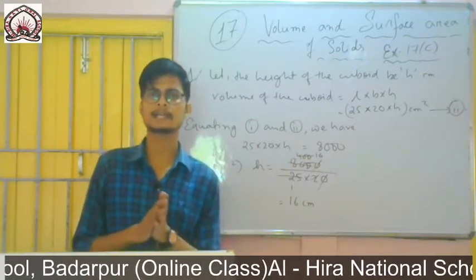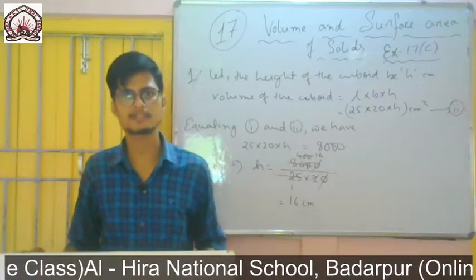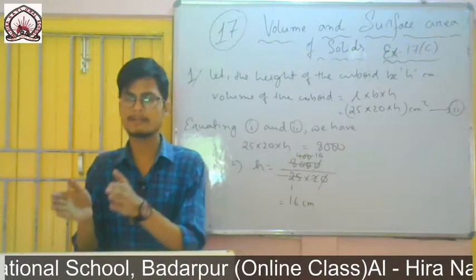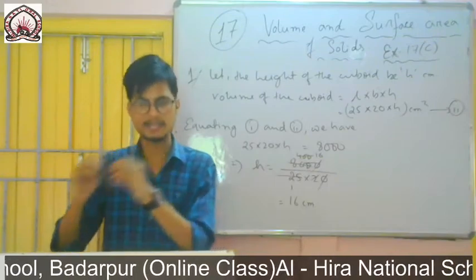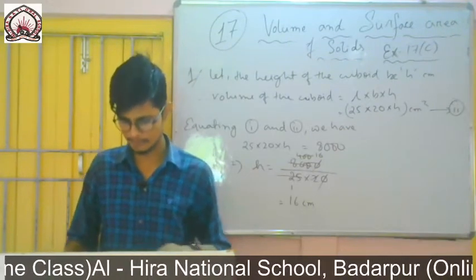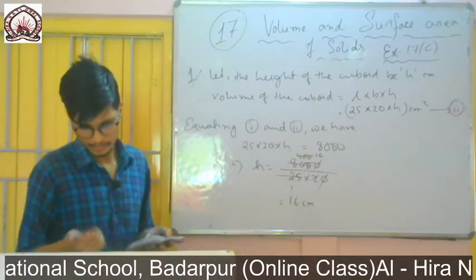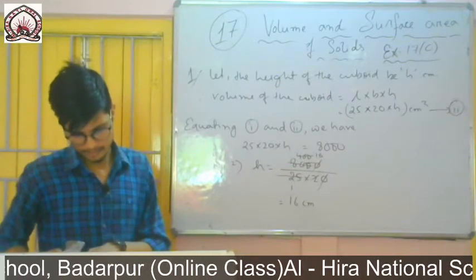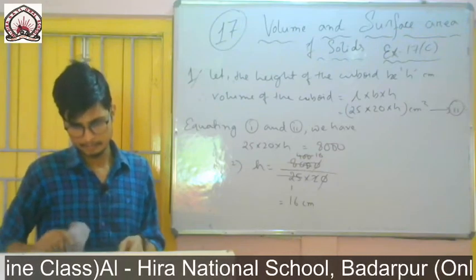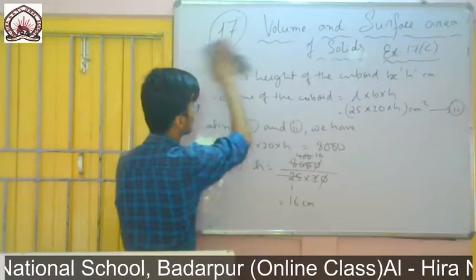So earlier I have said that if I cast anything from one thing to the other, then the volume remains the same. If I simply melt a thing, if I take a piece of ice and simply melt it, then the volume will remain the same. In any other shape if I make it, the volume will remain the same in each and every case. So like earlier, first of all I will find the volume of this rectangular block, then I will find it for the next one, and then by giving the equation I will equate both and I will get the h. Okay, let me do it.